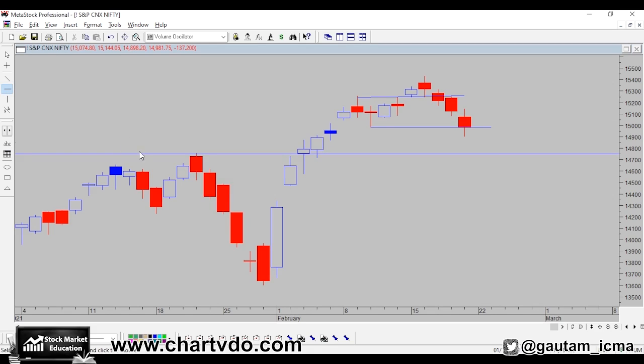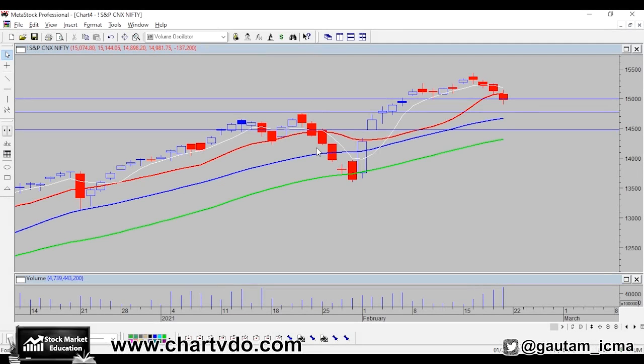On the lower side, well, there is a gap. We need to check out whether this gap, which was formed on 2nd of February, will be fulfilled or not. If we plot the moving averages on the supports and resistances which we just now discussed, one thing is for sure, the 13 SMA has been violated.